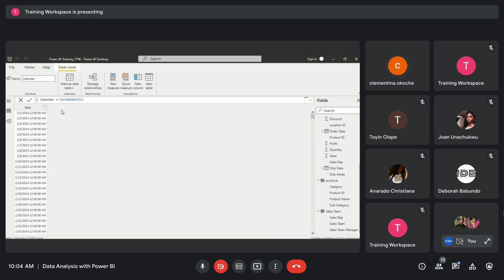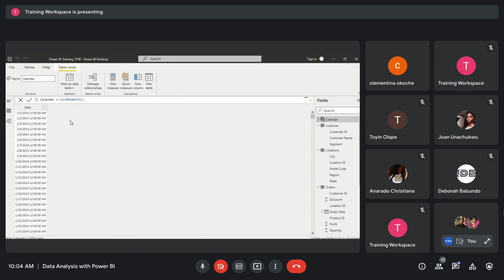Okay, so now we have created a set of dates, and these dates take into account every date that is recorded in our model. The next thing to do is you don't just want your dates, you want to be able to account for your months, your quarters, maybe your days of the week, your week number, your month number, your day name, maybe Monday to Friday instead of 1 to 7 or 1 to 5 and things like that. So you can definitely use